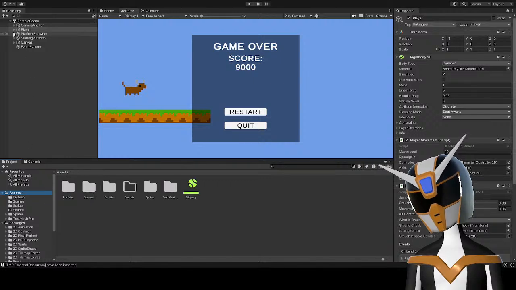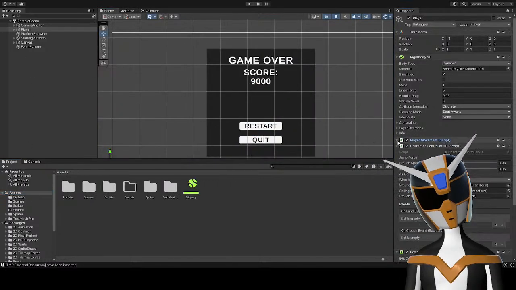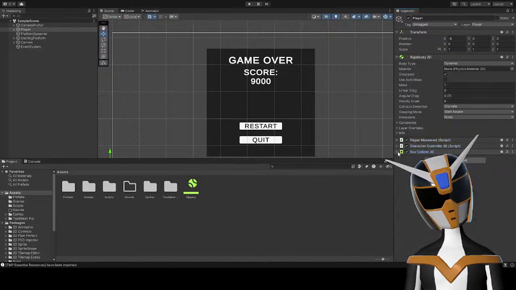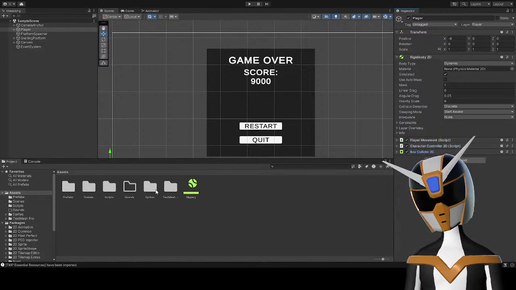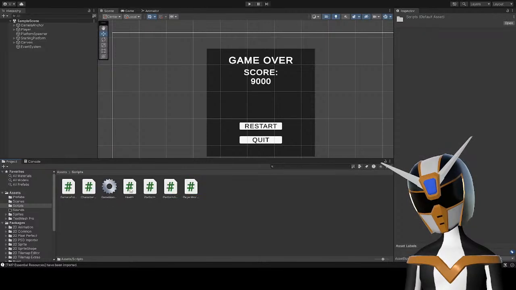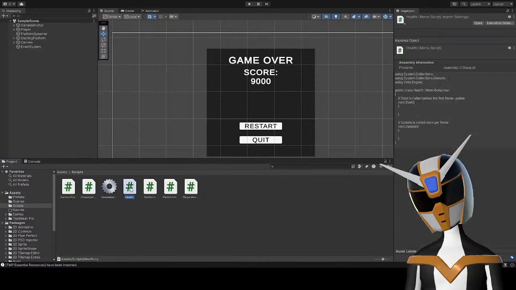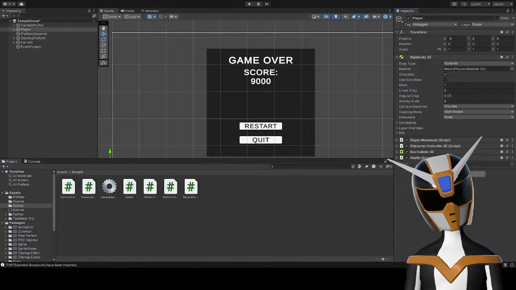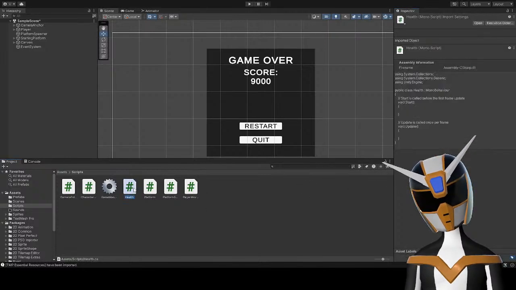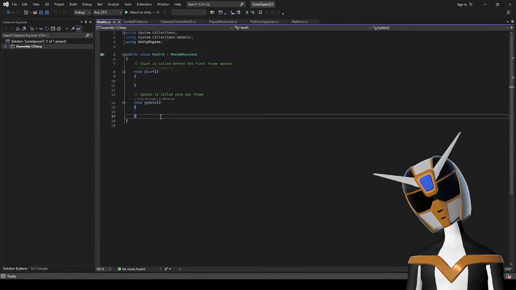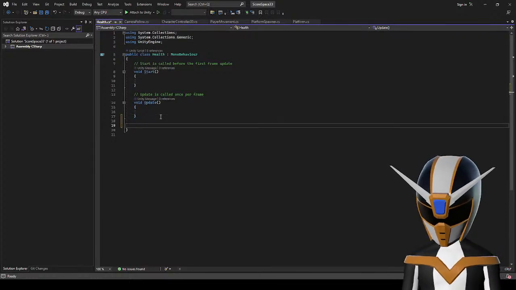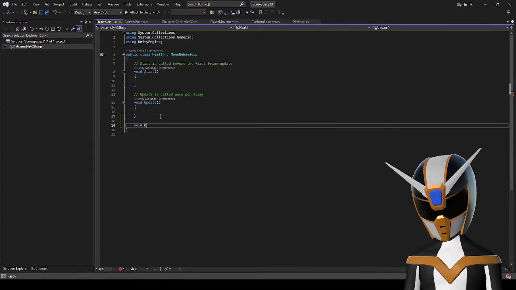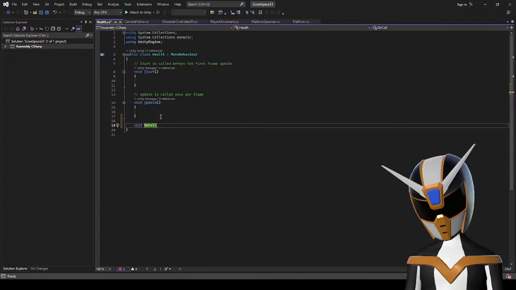Okay, so let's work on making it so the player can die. Scripts, Health. There. So then we'll go OnCollisionEnter2D.